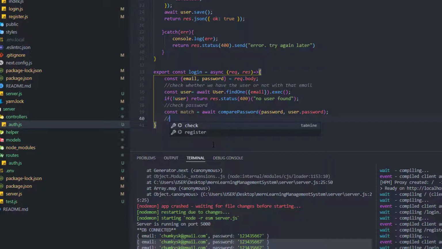If it matches, that means the user has been found and he is giving the perfect password. So we need to